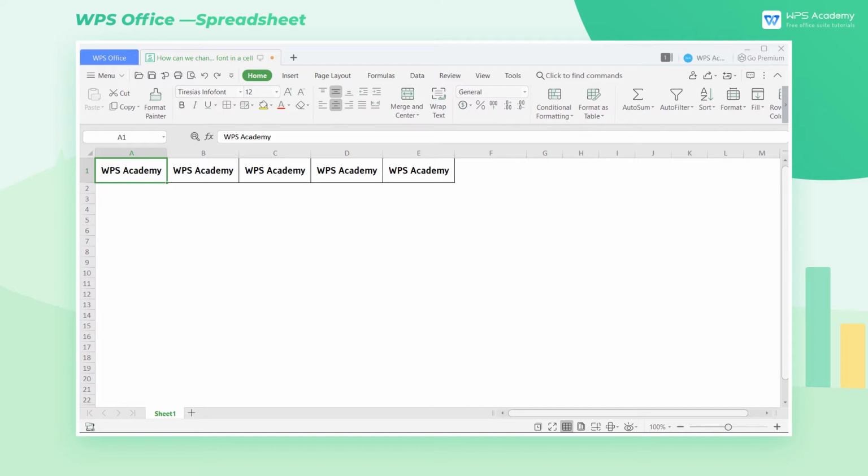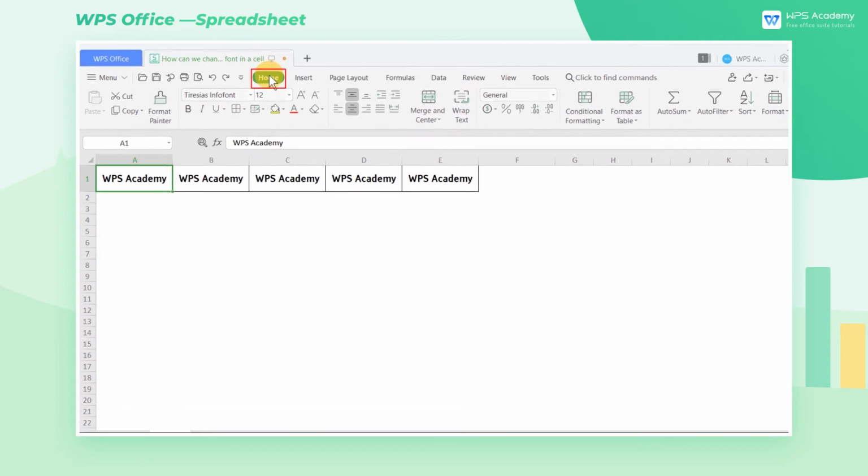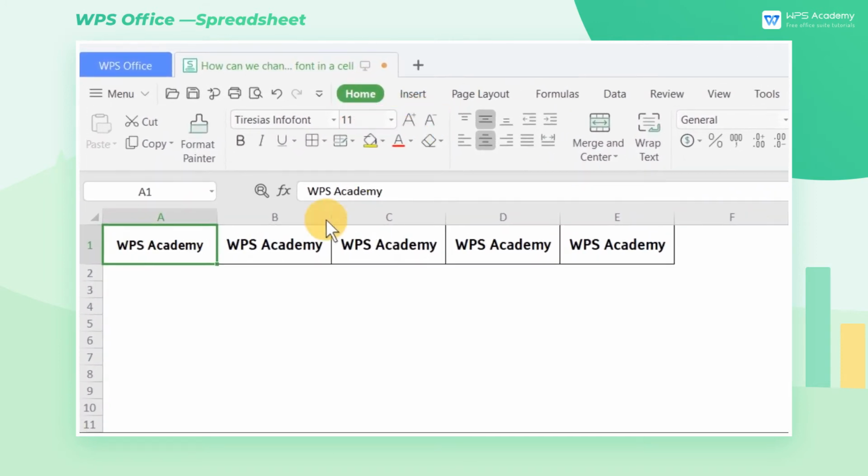When using WPS spreadsheets for statistics and reports, how can we change the font in a cell? In this spreadsheet, select a range of cells. In the Home tab, we can change text settings including size and text color, and add effects for this text such as bold,